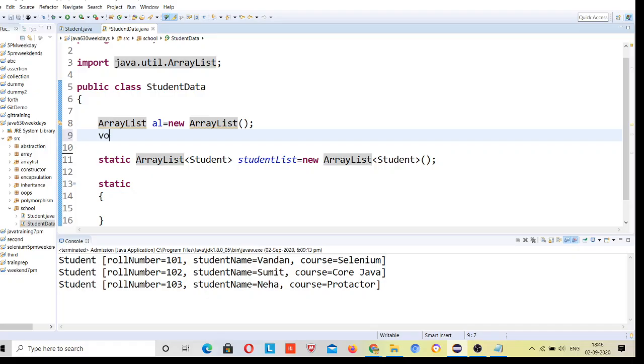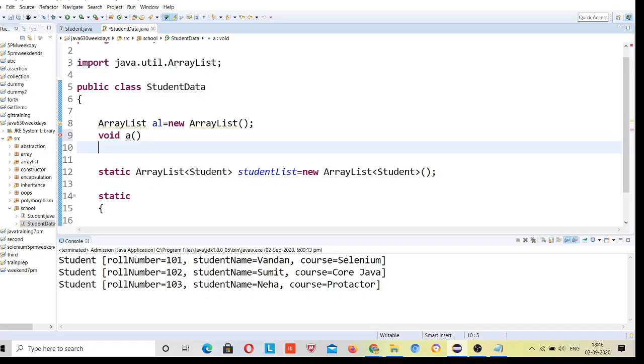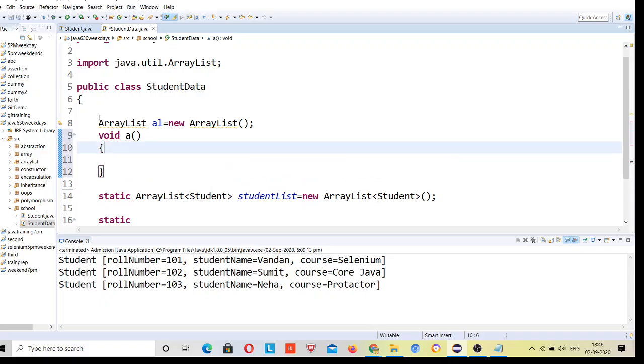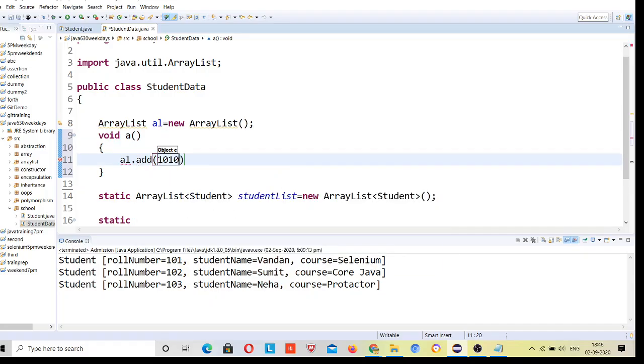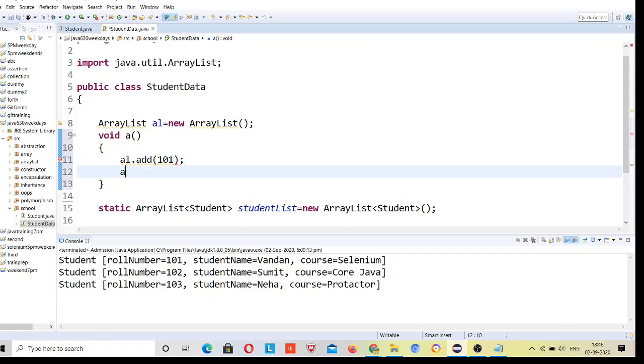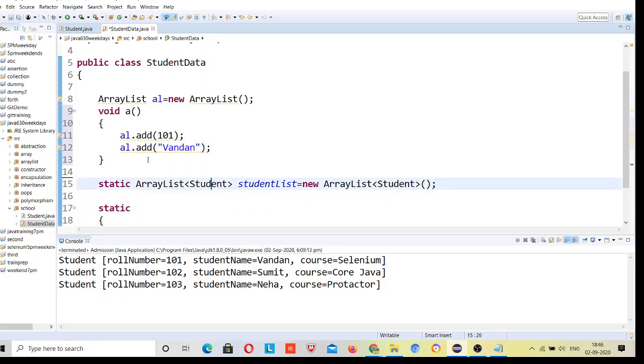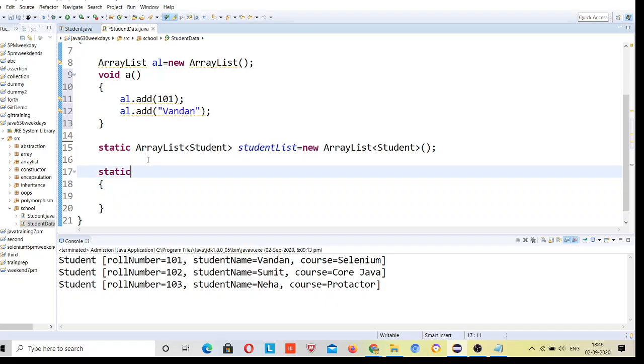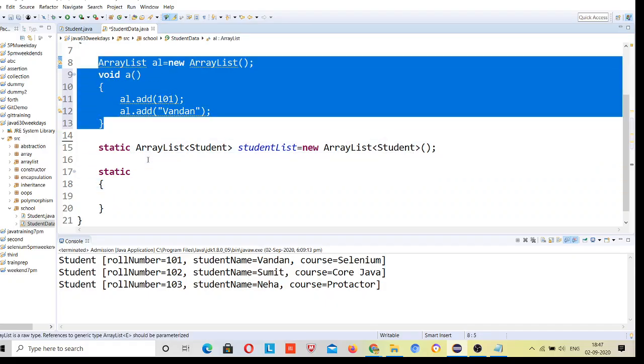Suppose there is a method void a, and if you want to add data to this array list, how can we do it? al.add(101), al.add(1), suppose only two data I add. Now I can add this data in this array list.